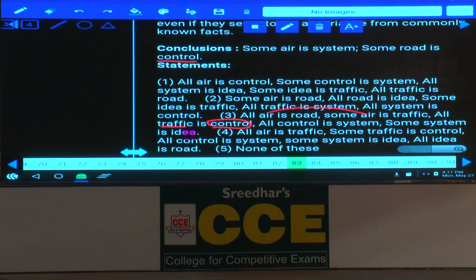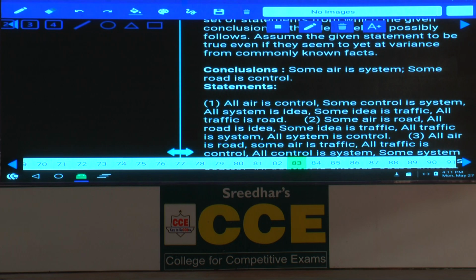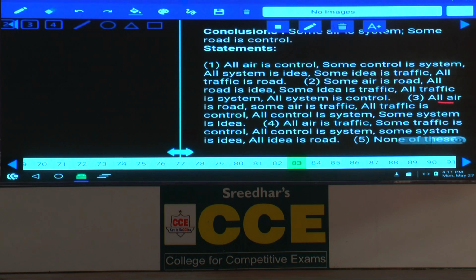No sir. With the help of the first two, what is the conclusion we are getting here? Some road is traffic, some traffic is control, isn't it? Some road is traffic, all traffic is control, some traffic is control. Now with the help of the first two, what is the final conclusion we are getting here? Take these two, what conclusion do we get from these two? All air is road, air is tick, road is cross, air is cross, and traffic is cross. Now with this one, all air, middle term distributed, and some road is traffic. Some road is traffic is the conclusion I got with the help of the first two statements,